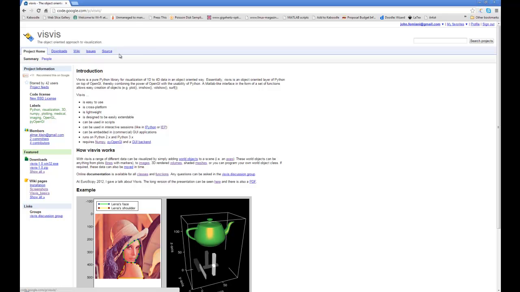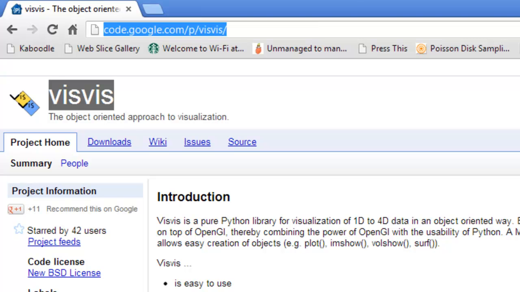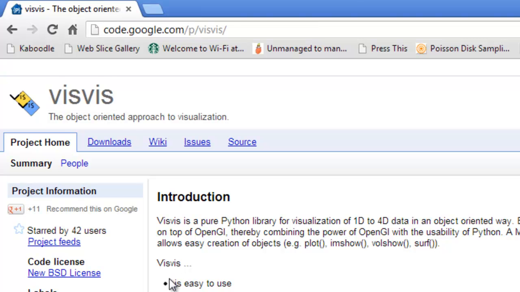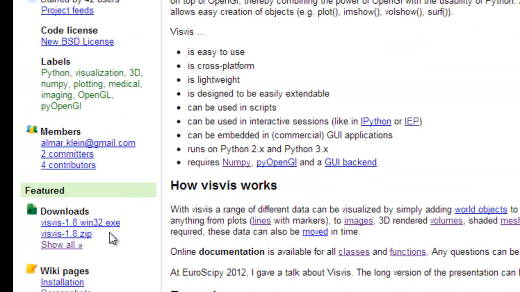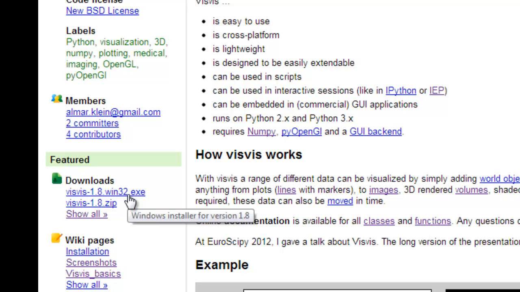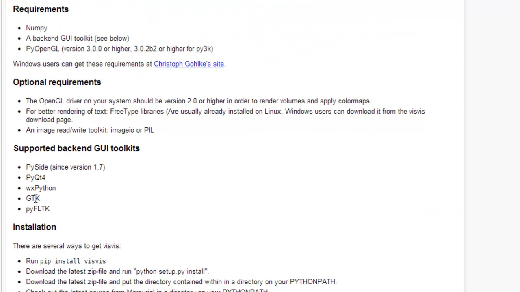This is a video talking about the tool that I'm going to be using in our class to do some visualizations. I've already shown you one called matplotlib. This is one called visvis, and you can find it on Google Code. The link is up here, or you can Google it. They explain pretty well why we might want to use it, and provide a link to download it on Windows. I believe you can install it on whatever operating system you want to